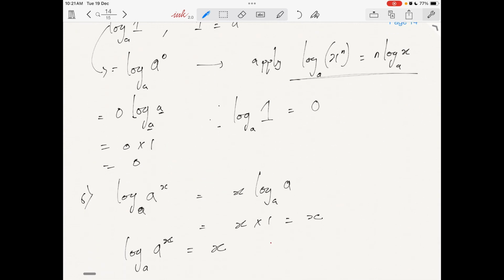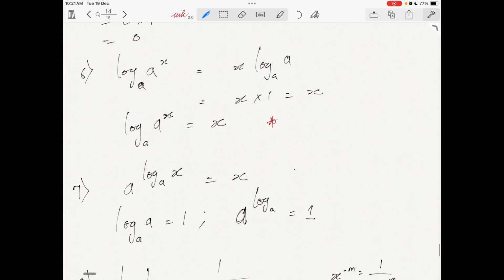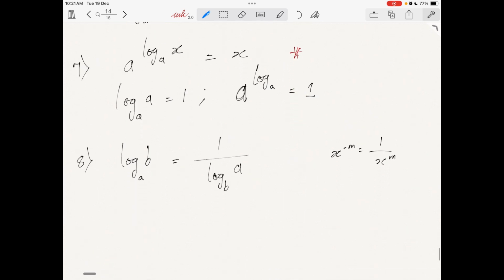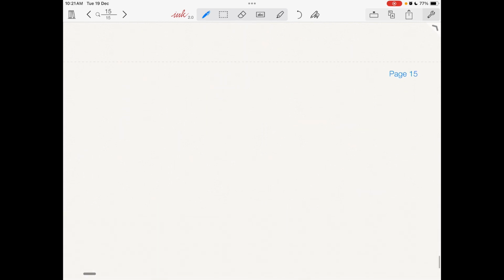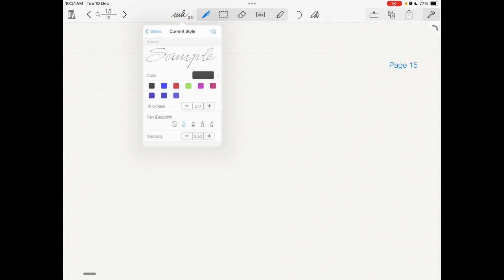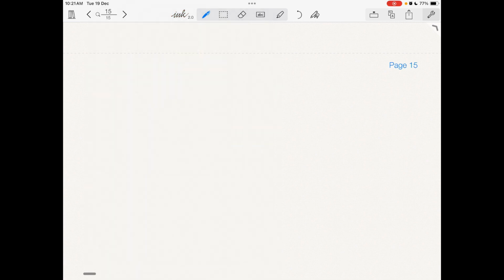We have 6, okay, 7, and finally 8. So with these we can attempt quite some questions. So we proceed. Let's try to have 8 questions, one question on each law. So let's say we have log to base a of